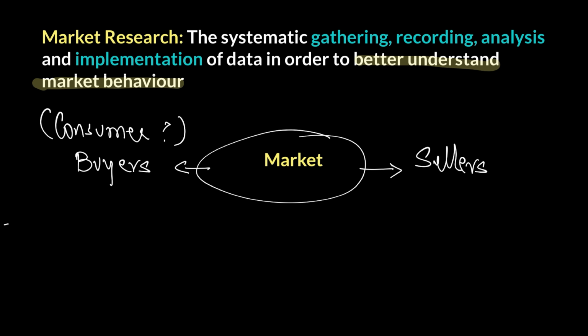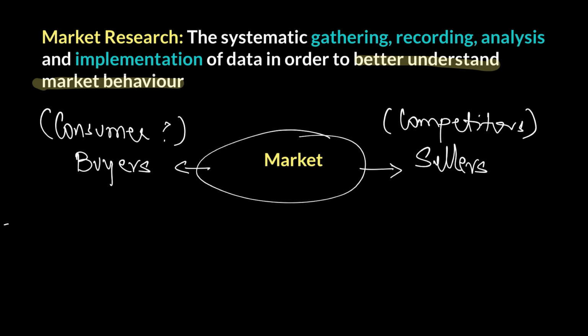When you look at the seller side, of course, there's you, yourself, and you want to research for your own self. But on top of that, in the market, there's going to be other competitors, your rivals, selling the same product as you. So it will pay the business to keep a close eye on what the competition is doing, so that you can at least match what the competition is doing, if not go beyond, so that you at least get some sort of competitive advantage. So a business has to look at both elements in a market: what the consumers are doing and what the competition is doing around you.